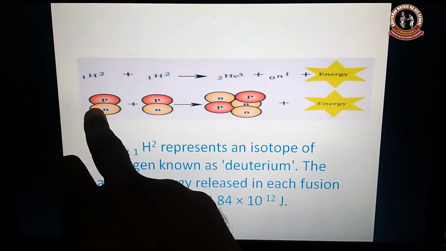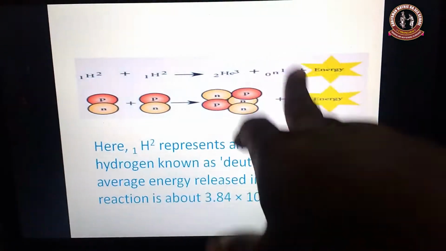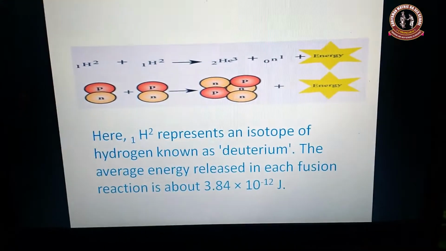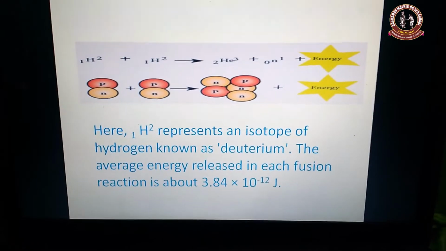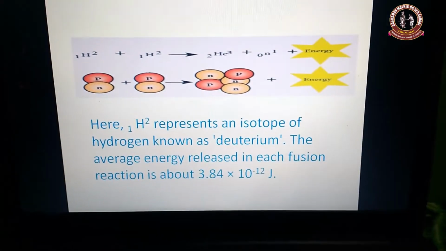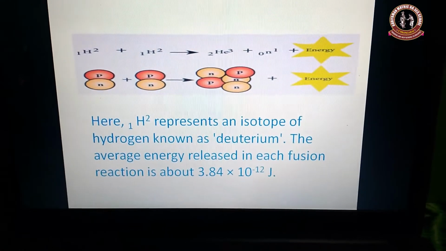So this is one deuteron and this is another deuteron, which combine to form a helium nucleus and also produce one neutron, which additionally produces some amount of energy. So how much energy will be produced during this fusion process? It's nearly 3.84 × 10^-12 joules of energy that will be produced during these